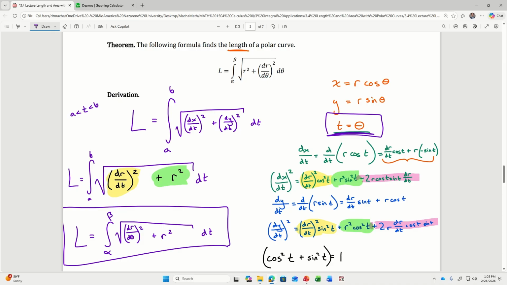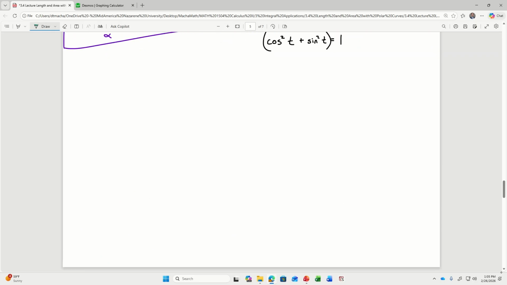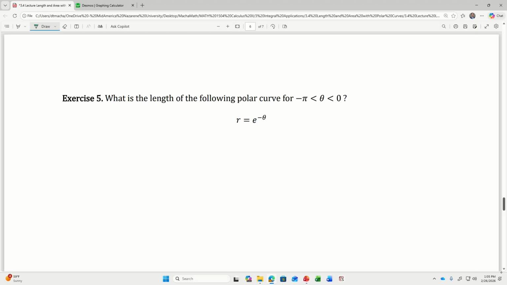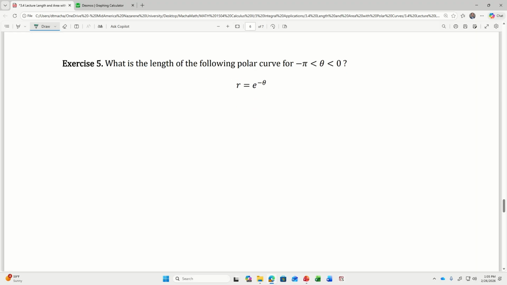So you could, if you wanted to, always take a polar curve and rewrite it as a parametric curve and then use the parametric curve formula on it, and not have to remember this. But if you do remember this formula, then it's a little bit faster. It's a little bit easier, because polar curves are only useful to the extent that you can write a parametric curve in a more compact way. And so it prevents you from doing a lot of messy work if you just go straight for the polar definition. What is the length of the following polar curve